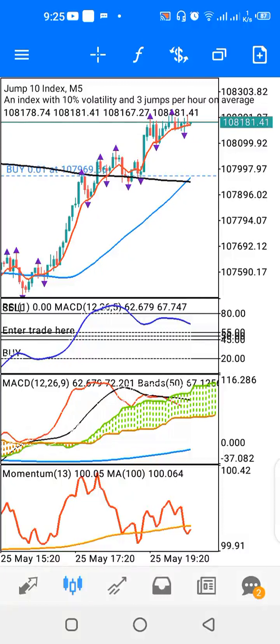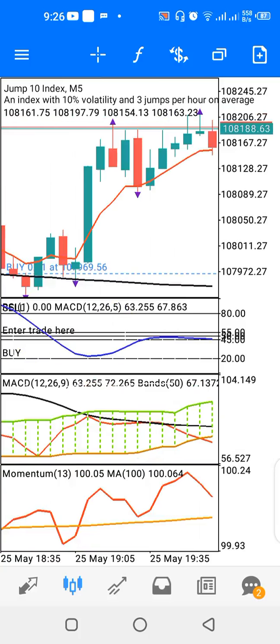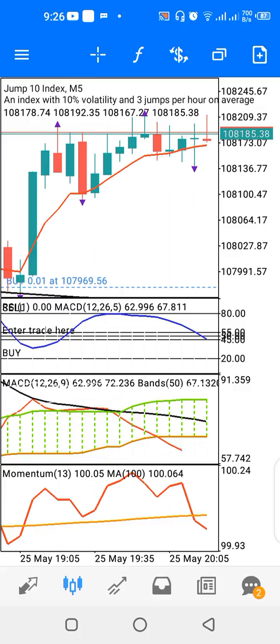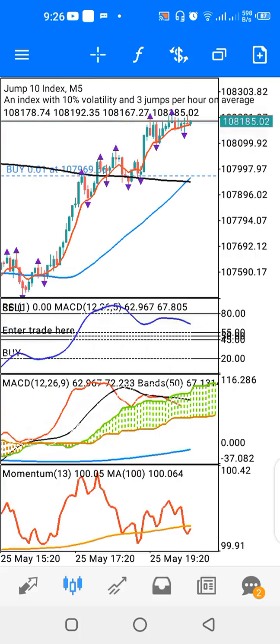Today we'll be looking at a strategy you can use to trade Jump 10 Index. On my screen I have Jump 10 Index on a 5 minute time frame, and